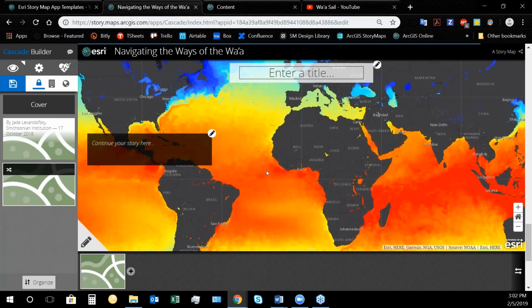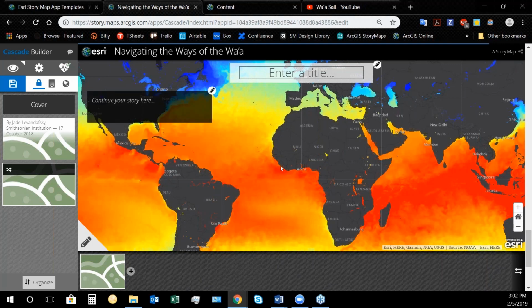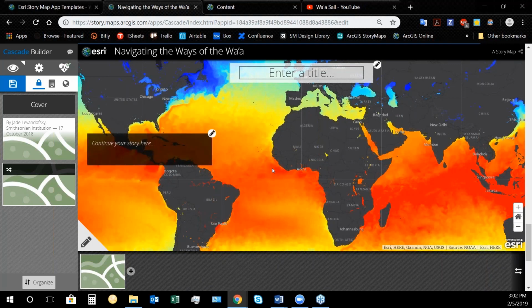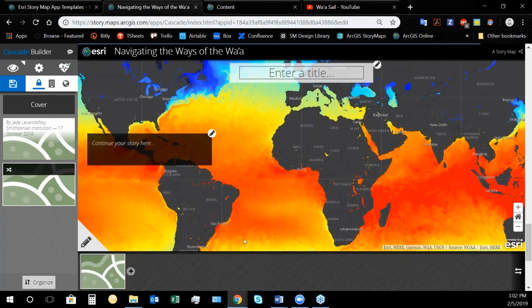I click on that, and this is a map that somebody else has created, has shared publicly, and I have now included into my map. Now this is pretty great alone. You can pull upon a whole variety of organizations that are doing publicly available work and drop it directly into your story map. On top of that, I have now all of the power of Cascade and immersive sections to show what information is displayed in that map.